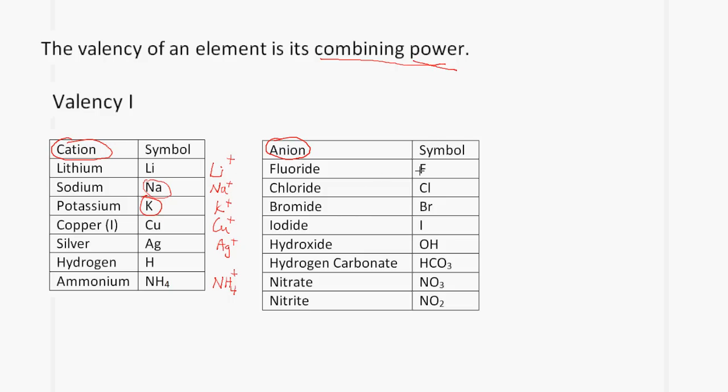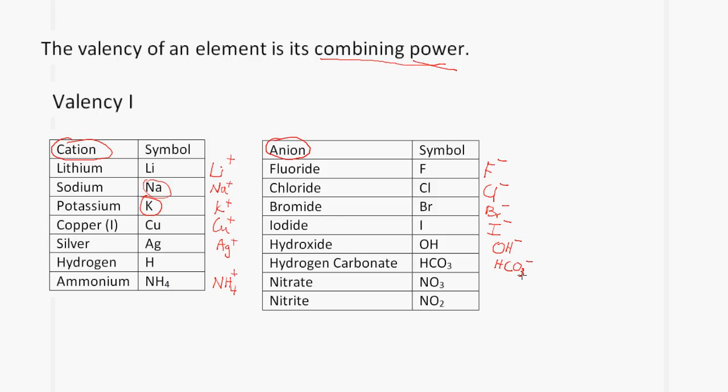In the case of the anions on this side, we write the fluoride ion as F minus. The chloride ion is written as Cl minus. The bromide ion is written as Br minus. Iodide is written as I minus. The hydroxide ion is written as OH minus. The hydrogen carbonate ion is written as